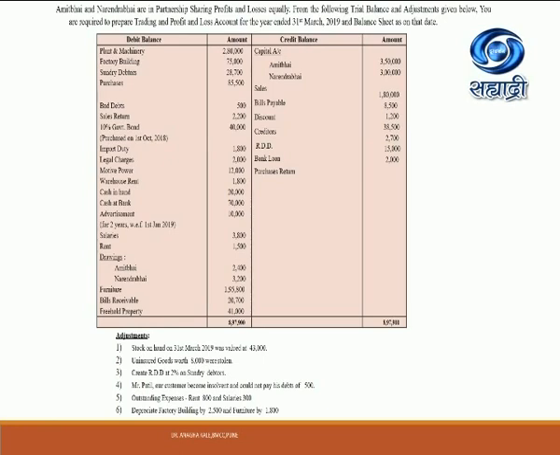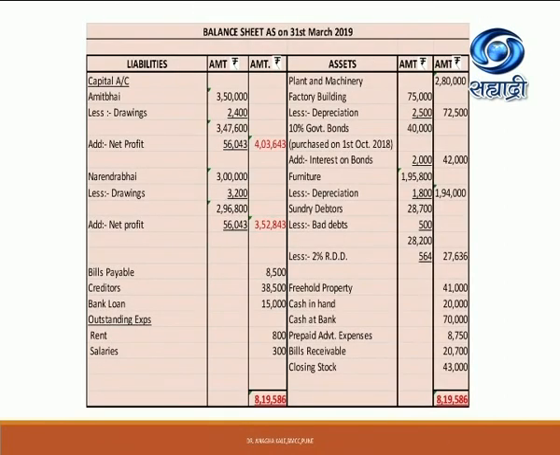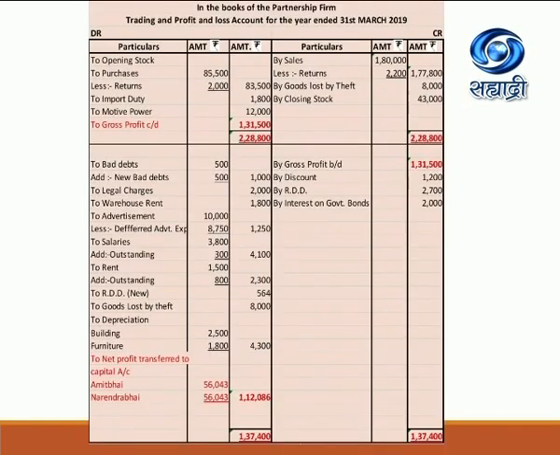So we have to keep trading account, profit and loss account and balance sheet ready with us. In case of partners capital account, either we can show capital account separately or we can show capital account in balance sheet itself. Now we'll start posting. See first one, plant and machinery is there, 2,80,000. So we have to show it in balance sheet. We can see in balance sheet on asset side, first item, plant and machinery, as there is no adjustment, plant and machinery is directly shown in outer column.